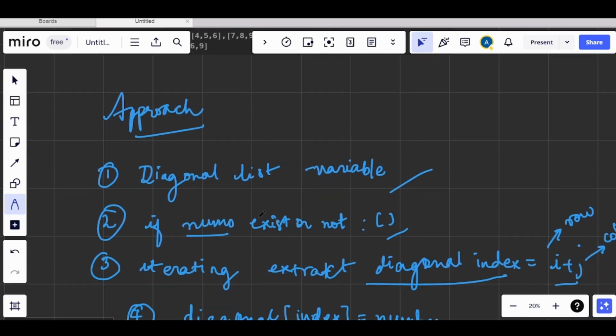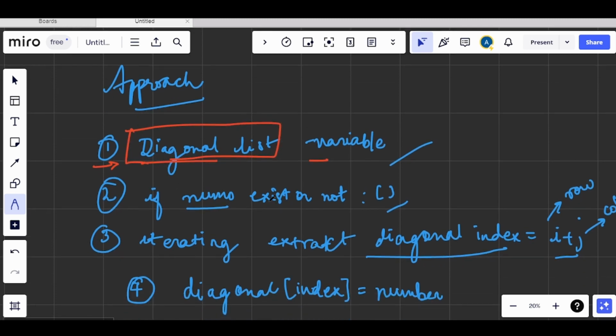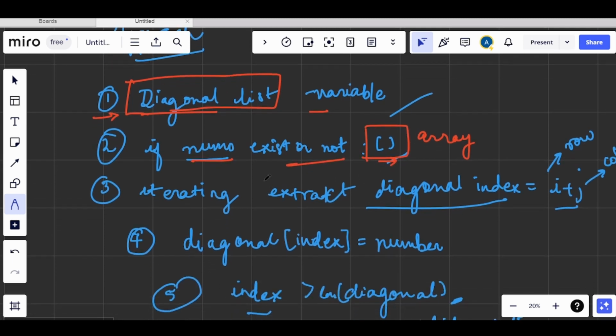The first step is that we will declare a variable to store the diagonal list. Now we check whether nums, the array, exists or not. If it does not exist, we just return an empty array. Otherwise, we will iterate using two loops in the array.